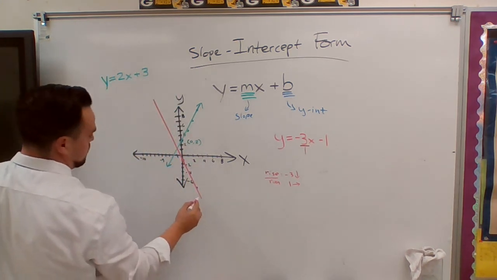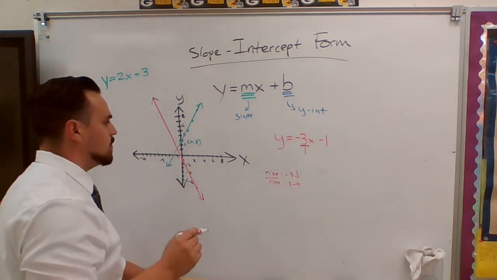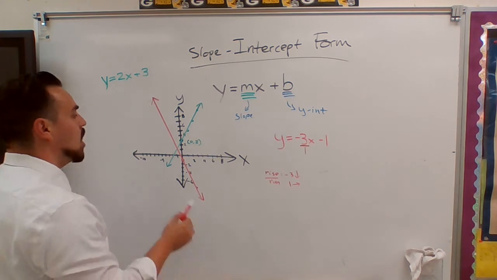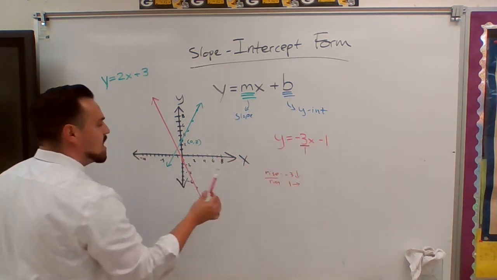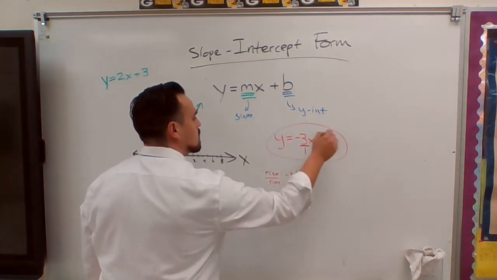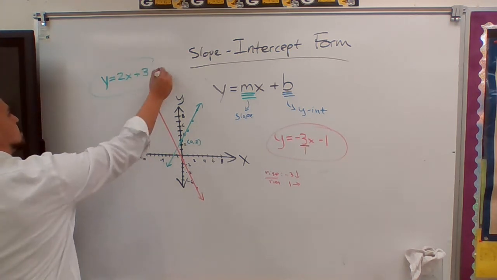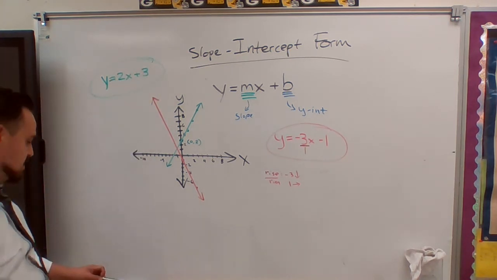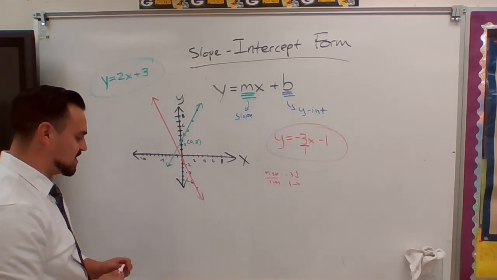That right there is my y equals negative 3x minus 1. That is a visual representation of this, and the green line is a graphical representation of that. Lastly, before I end this video,